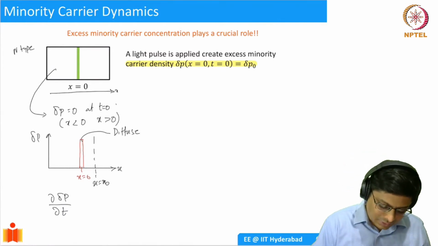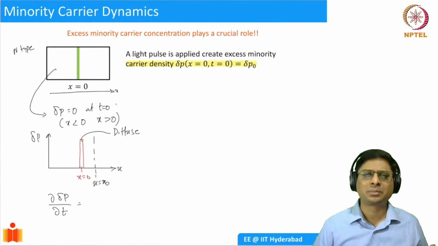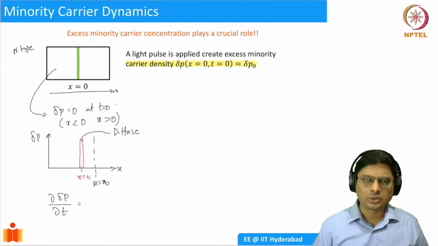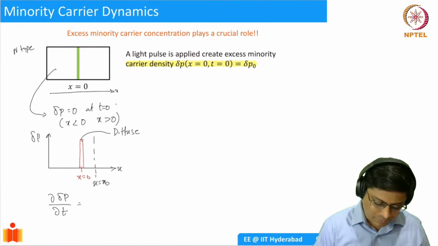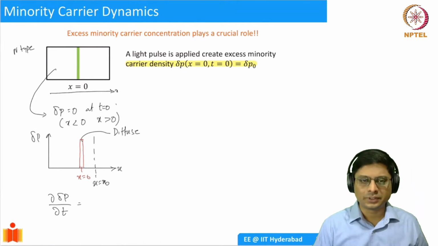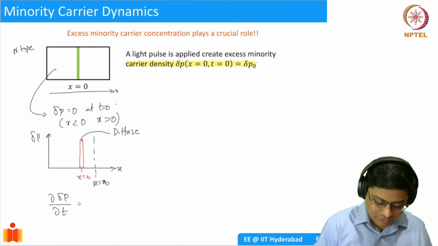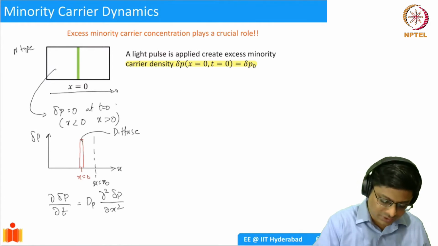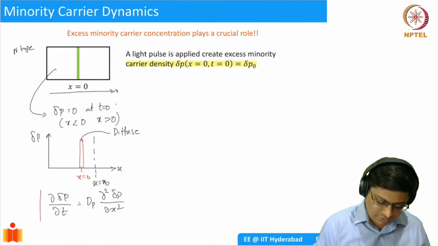And it turns out that this is a diffusion problem. This is a very classic problem that is introduced probably in +2 for some of you. If not, just look up Wikipedia, and it's a very straightforward problem. So what this tells you is that whenever you have such diffusion-like processes, the excess minority carrier concentration is going to depend on the diffusion coefficient times the second derivative of delta P with respect to space. So this is the diffusion equation.